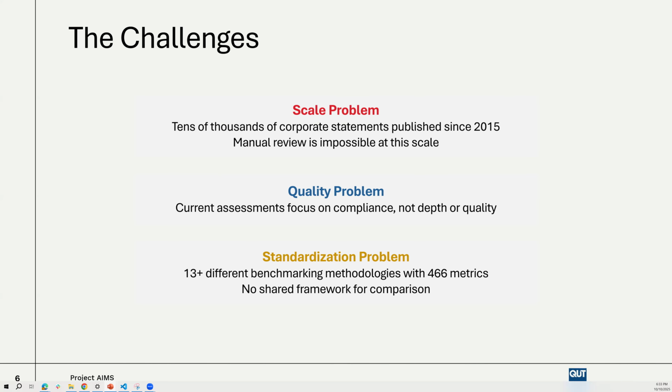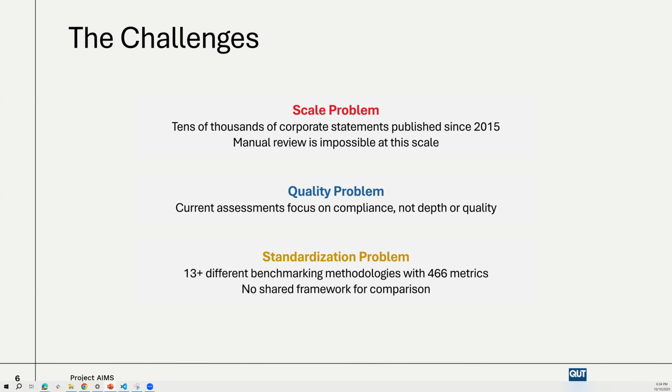So even when civil society or academics have the right methodology to assess the quality of statements by going in depth manually within each statement, those methodologies are very different. So unfortunately, companies are being held accountable against different methodologies. So we need to standardize the methodologies around checking for quality,